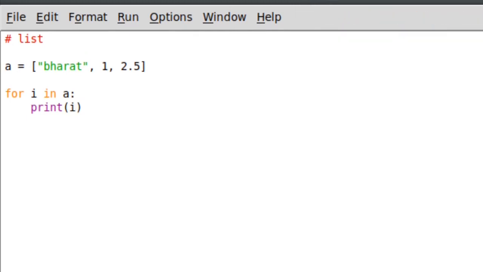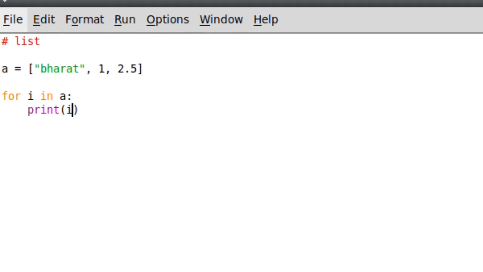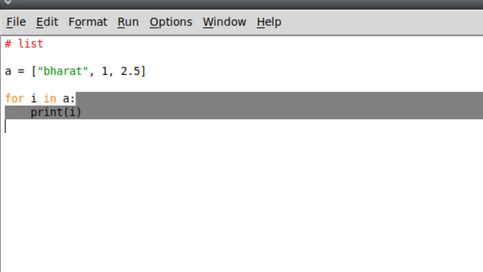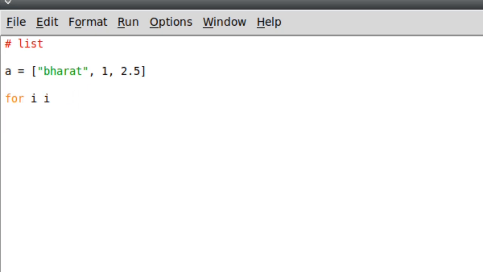Now the advantage of using a list is you can access this value by an indexation. So indexation is basically all the value you have in your list is stored at one index position. Like suppose if you have 1, 2 and 3 and so on the values, so your indexation will start from 0, 1 and 2 and so on.